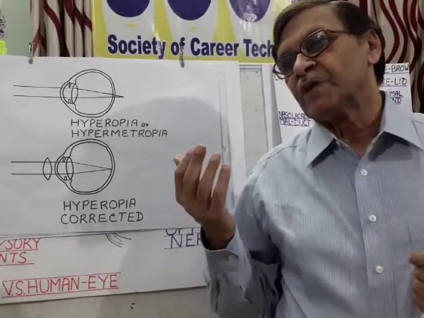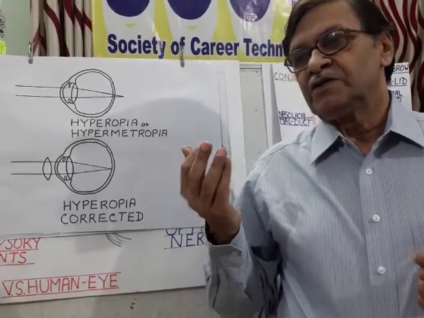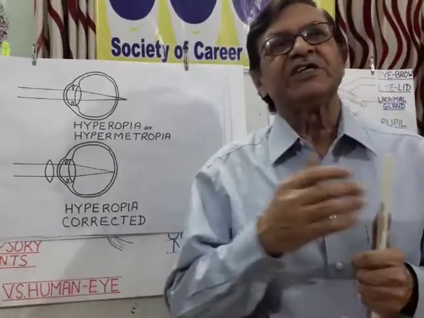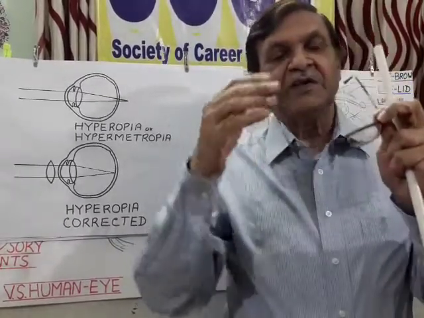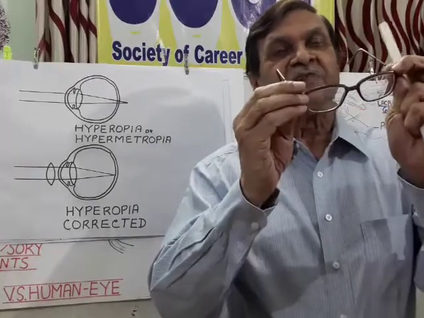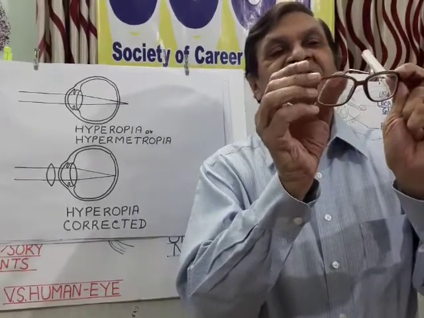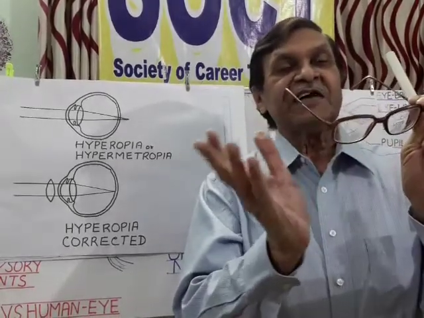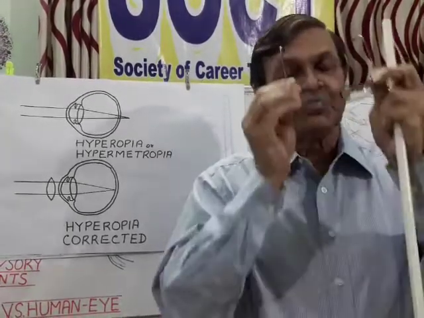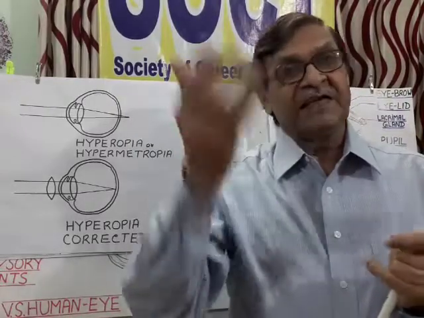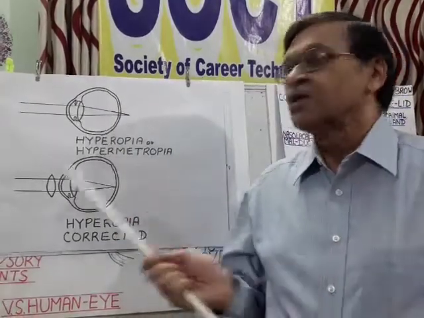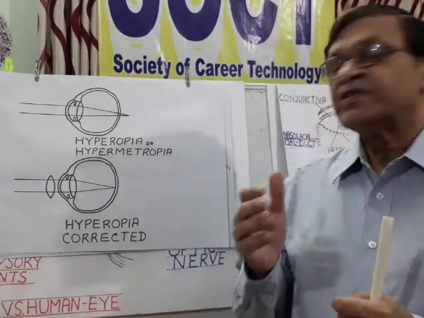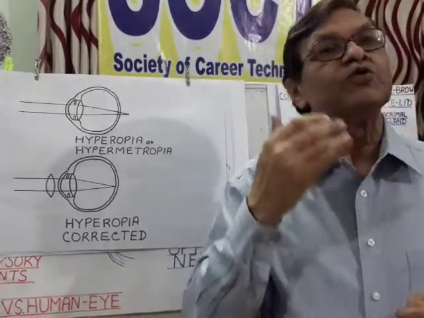Nowadays, new spectacle glasses have come in which, if you observe them from the surface, you cannot discriminate which is the upper part and which is the lower part. They just appear uniform, but they have both capacities, so they are more comfortable to wear.